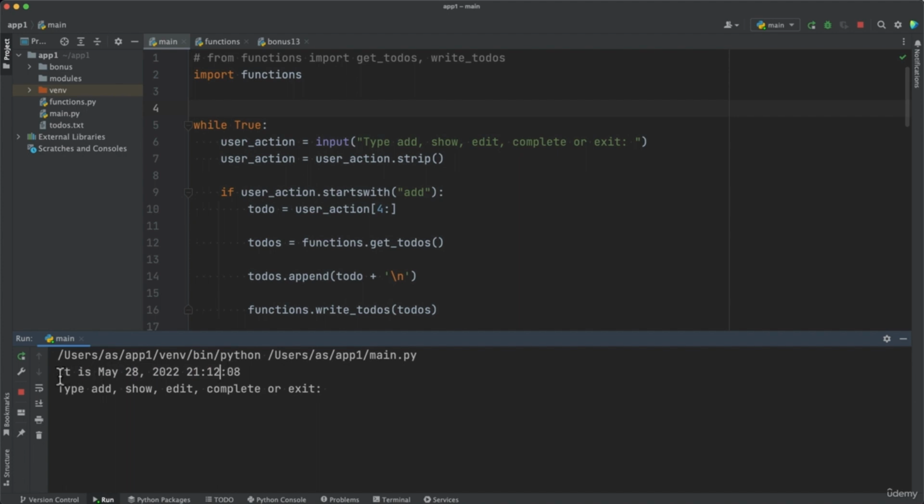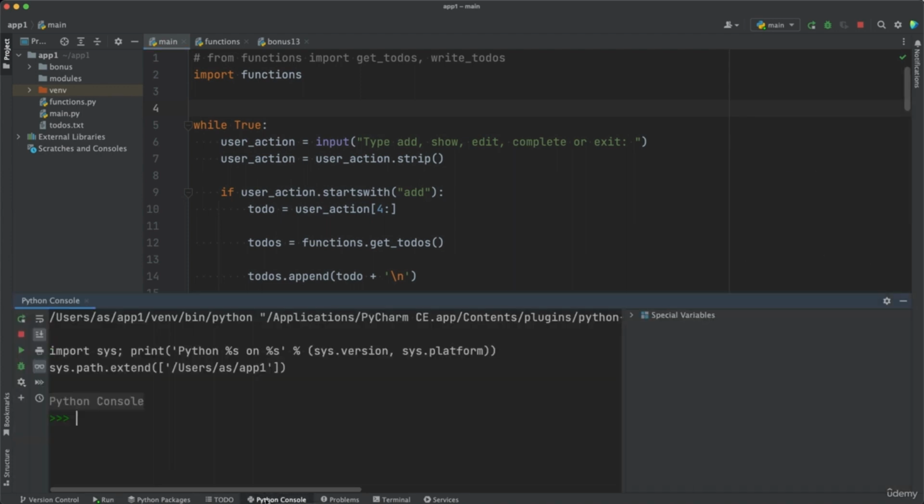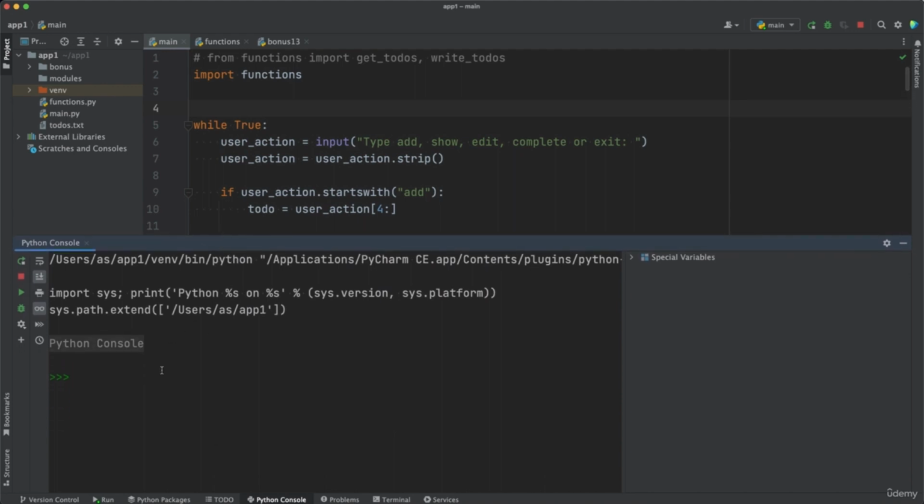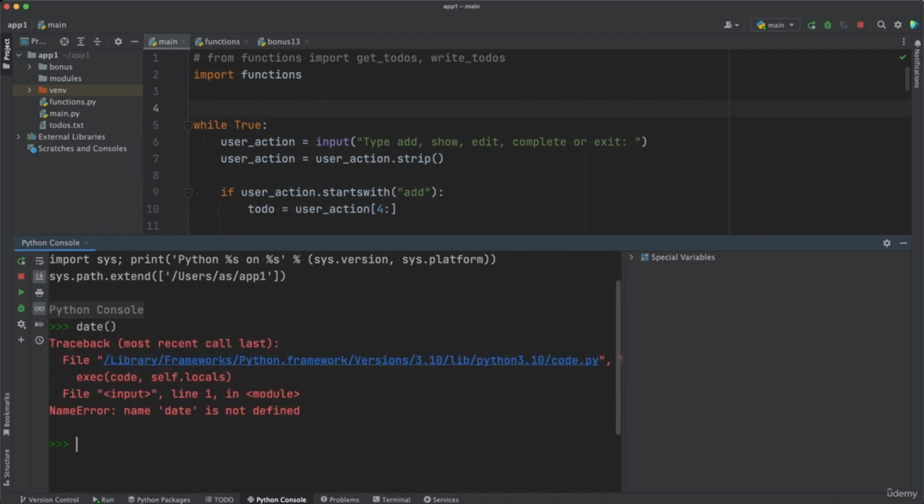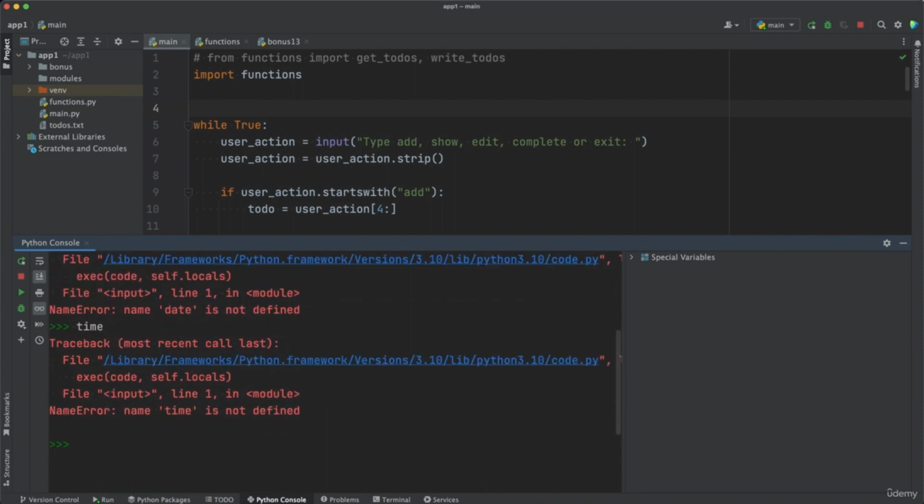So how can you find out the current time with Python? Let's find it out. So I'll open a Python console. Can you guess how can we do that? Maybe a date function? No. Maybe a time function? No. So there is actually no function available